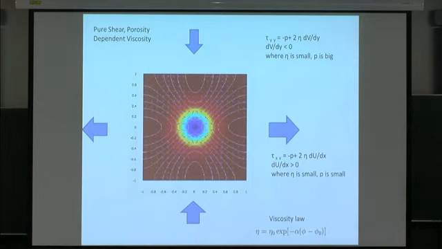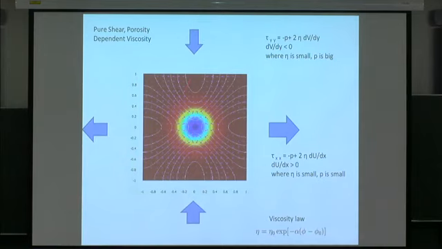Okay, so I've got a pure shear flow. The colors here are indicating the viscosity. I've then just put a circular Gaussian perturbation to the viscosity. So if we think about what's happening here, think first, say, about the force balance in the